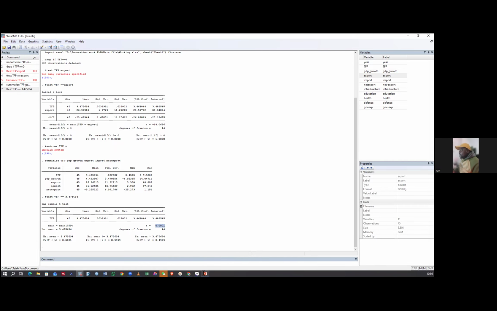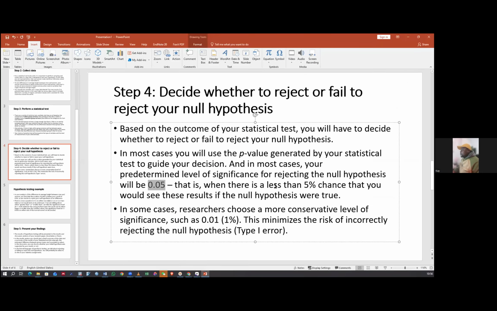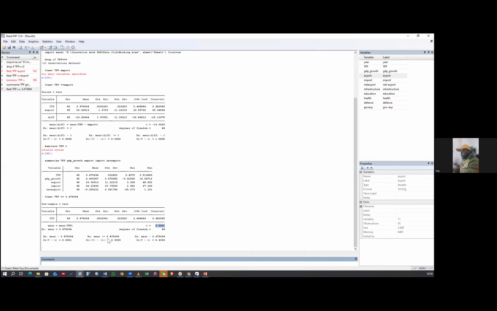Judging from this, in most cases, your predetermined level of significance for rejecting the null hypothesis will be 0.05. That is when there is less than 5% chance that you will see this. Okay. Now, judging from this p-value and the result of this p-value,